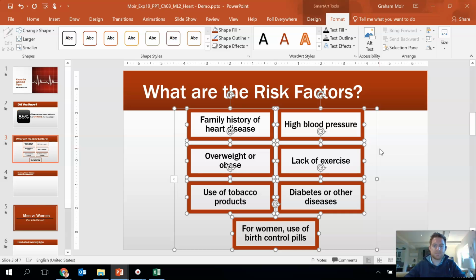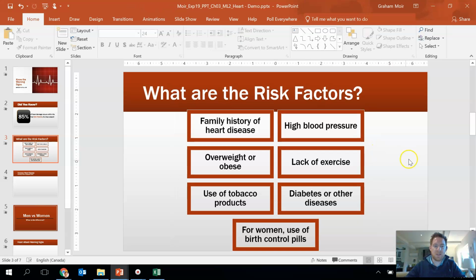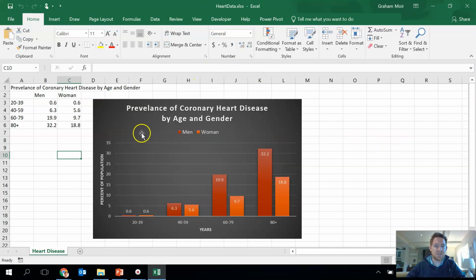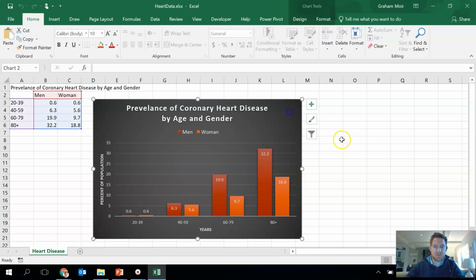Step number 4, we have to open Excel. So you open the Heart Data Excel and you'll see a big chart in there. So we need to copy the clustered column chart. So I'm going to click on it, do a Control-C to copy it. And then we're going to paste it onto